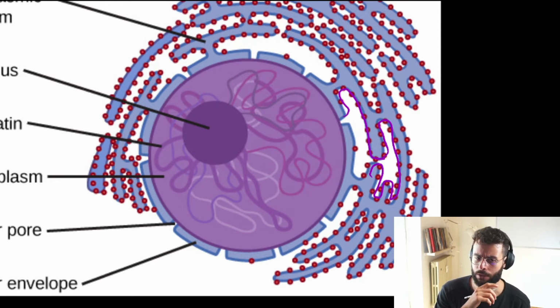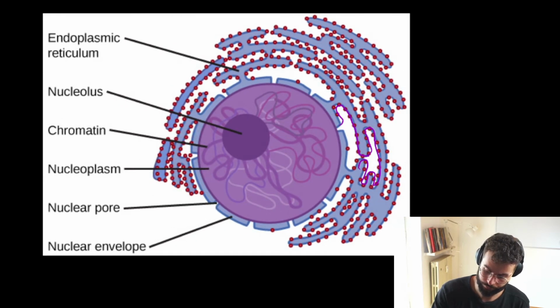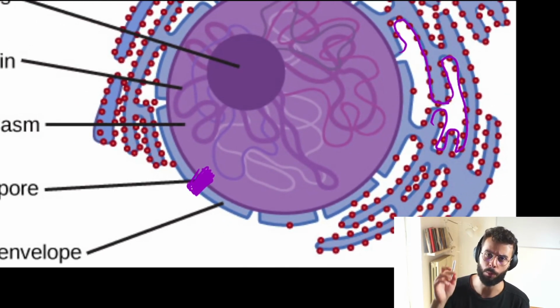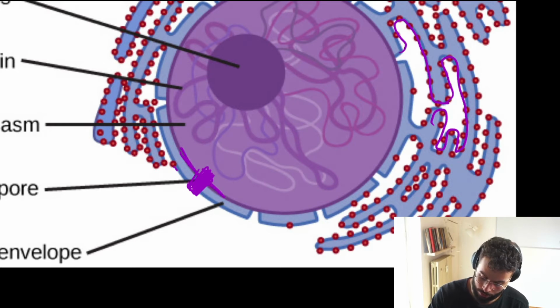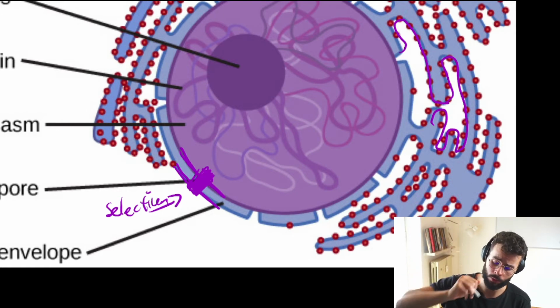Therefore, we have something very interesting called the nuclear pores. The nuclear pores are channel proteins that go through both membranes, the inner and the outer membrane. And the pores are extremely selective, highly selective. They go through the top and the bottom, both the outer and the inner membrane,